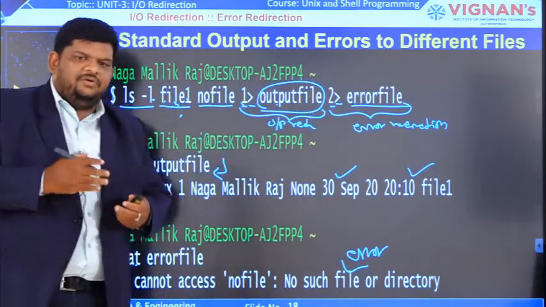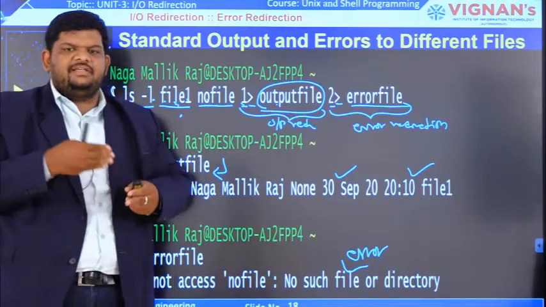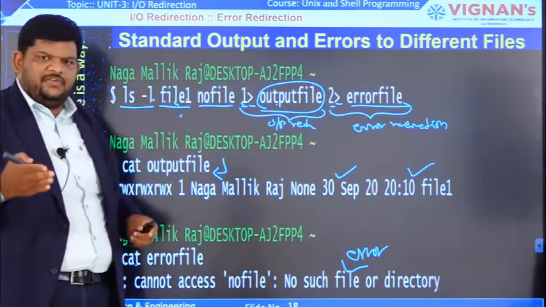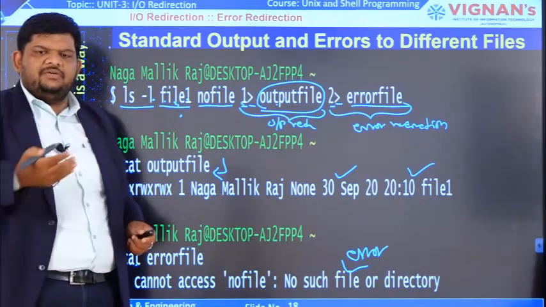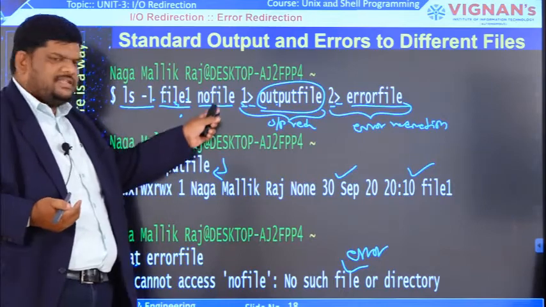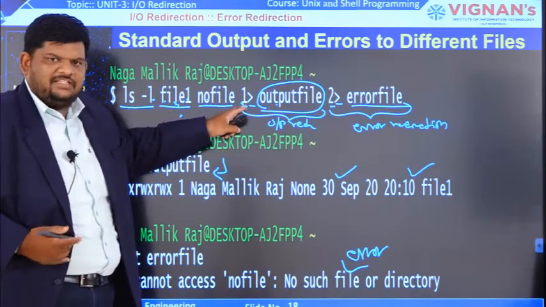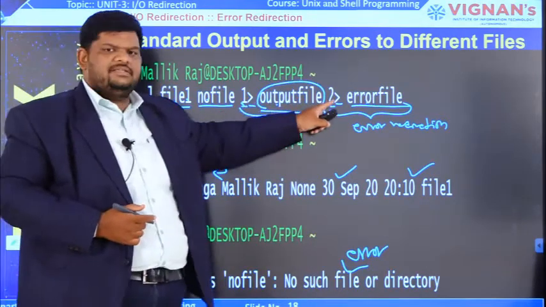Sir, now I want to redirect both output and errors into the same file. Let us check. In this example, with the help of two different files, one file receives the standard output, another file receives the standard error. This is the syntax, so definitely we have to write it along with file descriptors. File descriptor 1 indicates standard output, 2 indicates standard error.